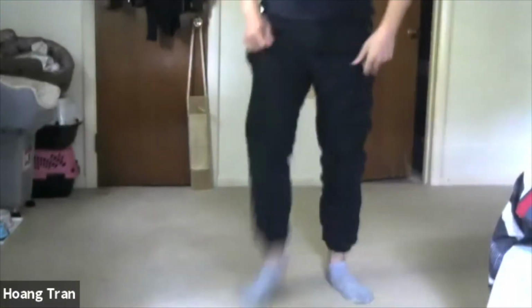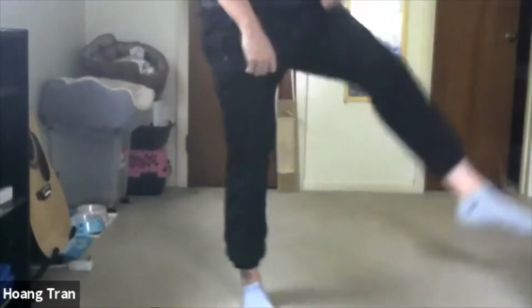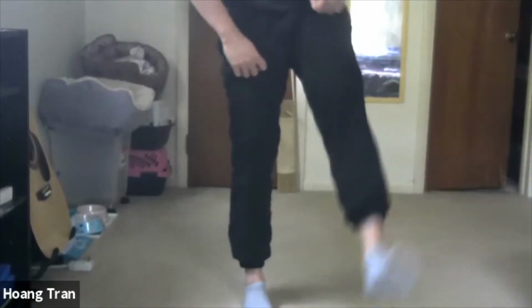So if you don't lock it, you just kind of let it free. You will do it. Right? You see, the movement is right, but it's kind of all over the place. So if you lock the ankle, your kicking is more precise, and I guess it's just quicker and it looks cleaner. So I'll try to show it. So if I lock my ankle, right? Lock my ankle. Then